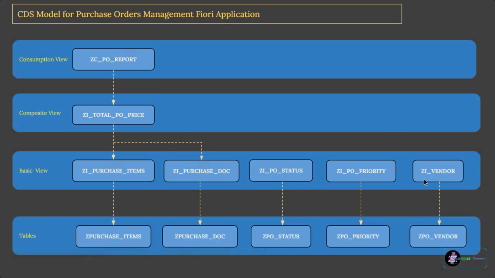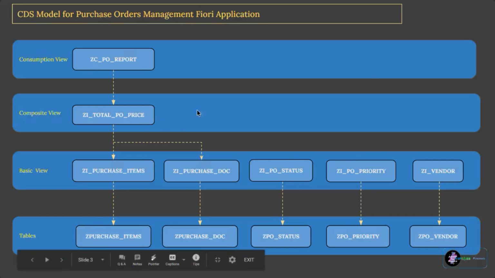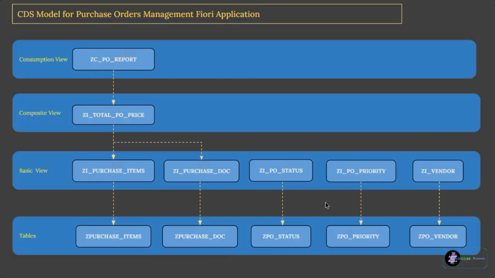Okay, so that is where the base layer is reusable for you. Create your CDS view on top of it and do your consumption view, whatever annotation you want according to your requirement. That is where there are different layers. You can choose whichever layer is useful for you and directly create your CDS view on top of it.